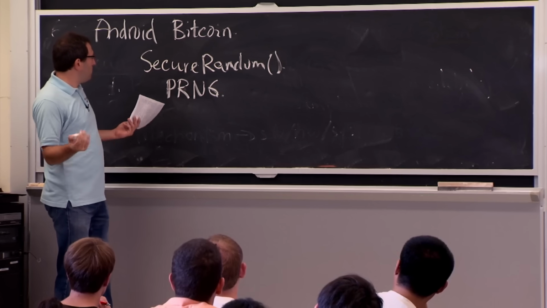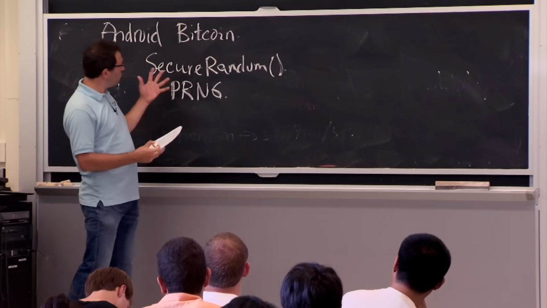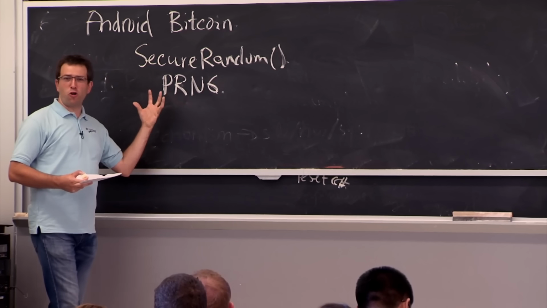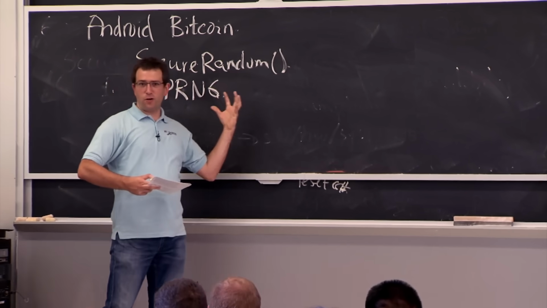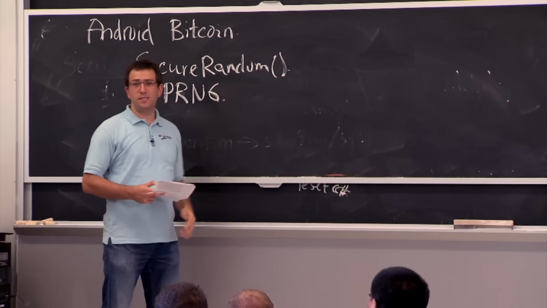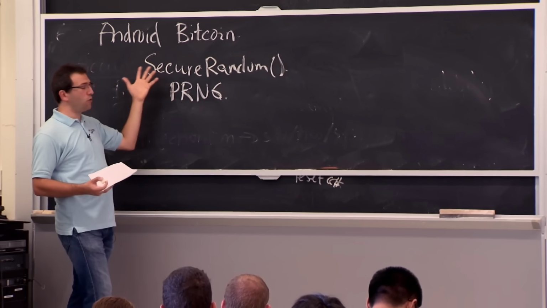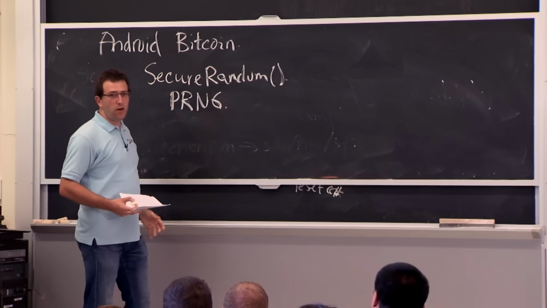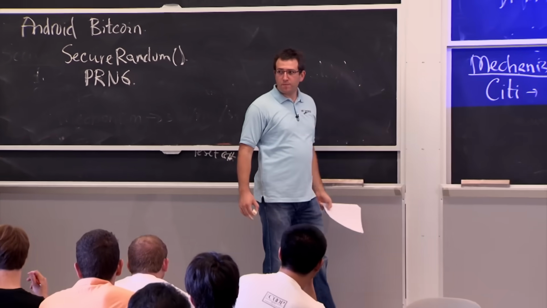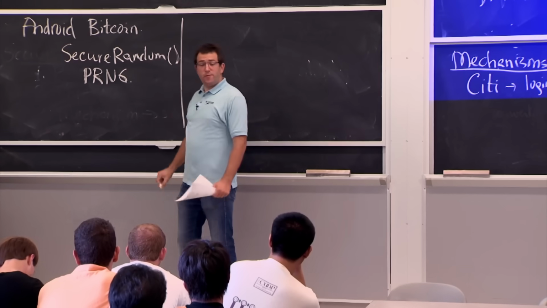So this is again a small or not small bug, depending on, I guess, who is asking. But nonetheless, it's another example of small programming mistakes leading to pretty catastrophic results. Lots of people got their Bitcoin balances stolen because of this weakness. Of course, the fix is pretty simple at some level. You change the Java implementation of SecureRandom to always seed this PRNG with random input bits. And then hopefully you're in good shape. But still, it's yet another example of mechanism failure.